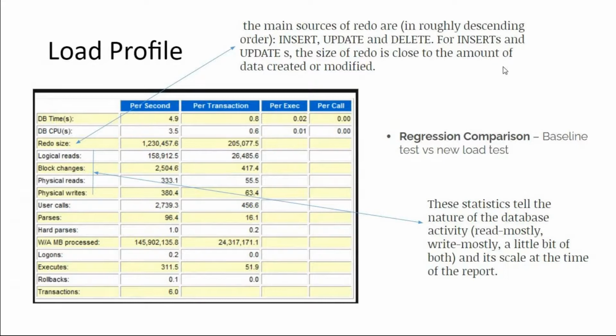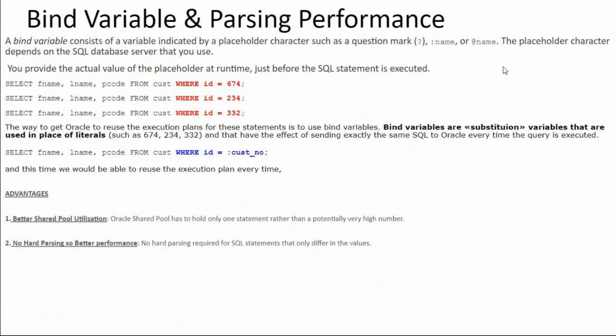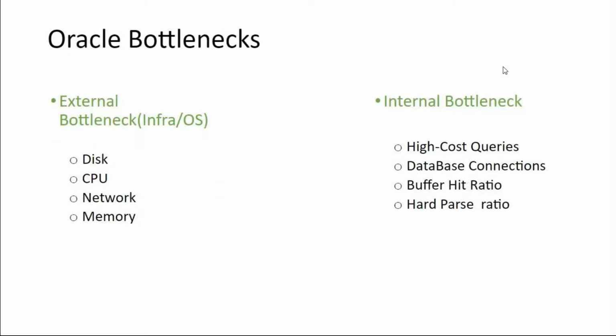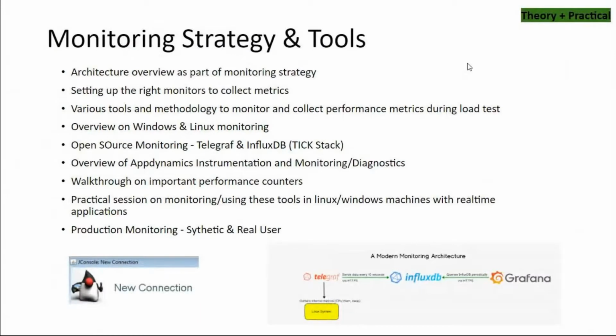Okay, from a DBA perspective, you will do a lot more than what an application performance engineer will do. So we are not going to be a DBA, or a database performance engineer. We are going to be an application performance engineer. To that level, we'll try to understand the architecture of Oracle, and also various sections of AWR reports, like your load profile, the efficiency percentages, DB time, and the concept of bind variables. All these things we'll learn from an Oracle perspective, and when to do DB analysis, what the various bottlenecks of your Oracle are, right? All these things we'll try to understand from a DB perspective, and from there we'll go to the monitoring strategy.